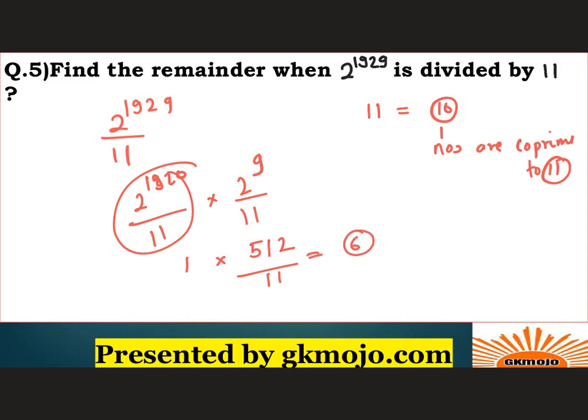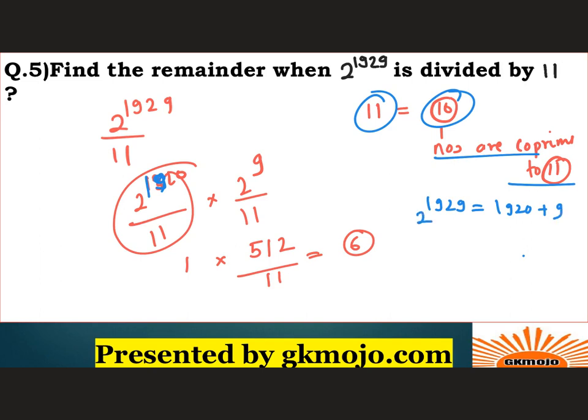So I hope you understood what we did. We found out how many numbers are co-prime to 11 and below 11, that was 10. This was basically the totient rule that I had explained during the concept at the start, correct? So now you would be joining the dots. We took out the multiple of 10 in the power of 2, which came out to be 1920, because 1929 can be written as 1920 plus 9, correct?